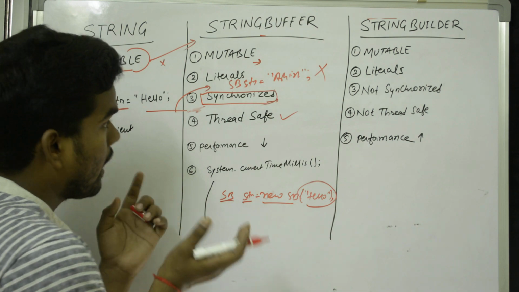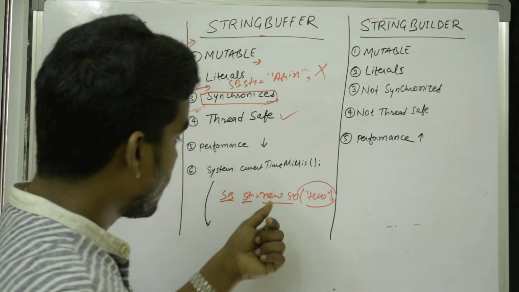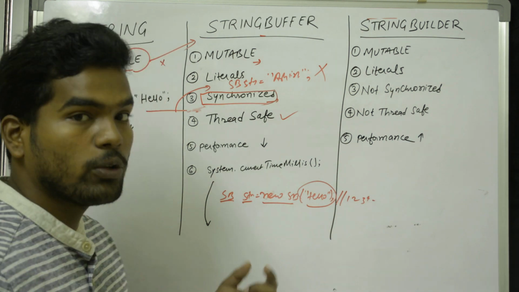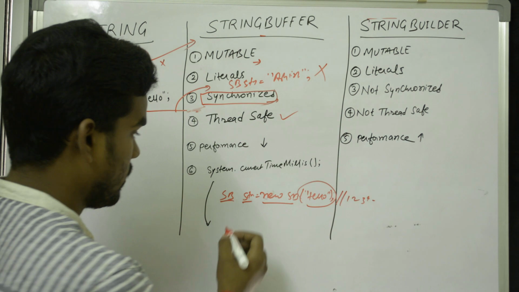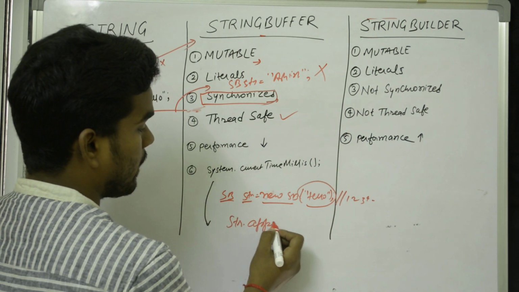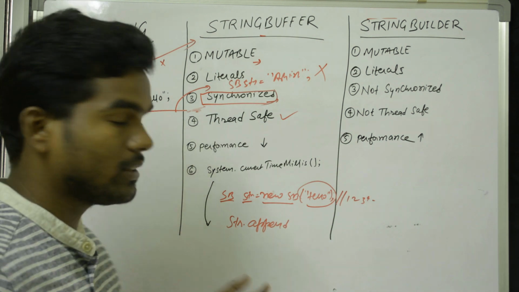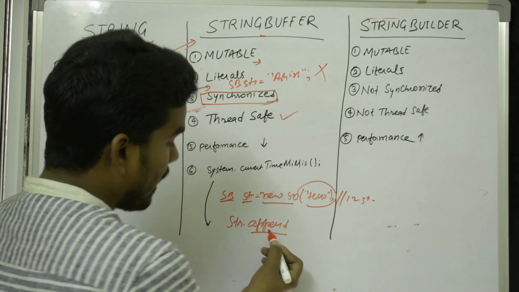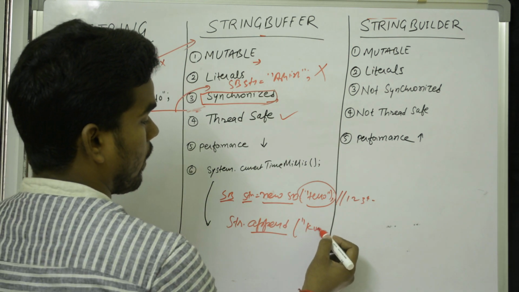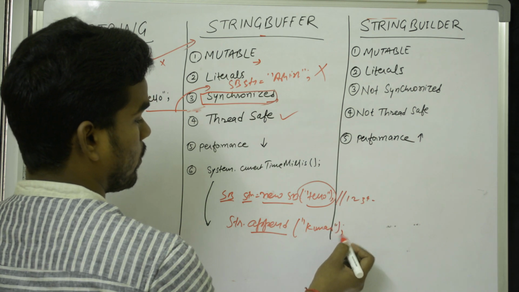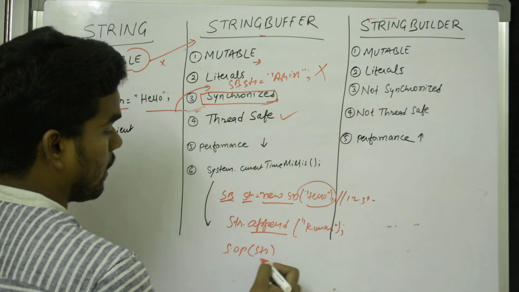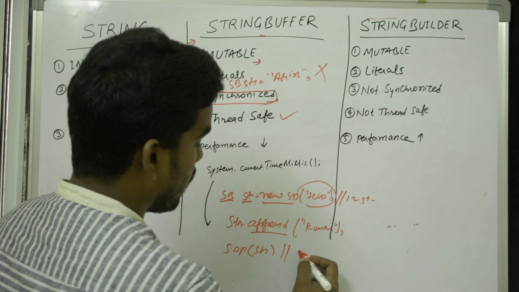Later, as I have told, it is mutable, meaning once we create it, suppose it returns some hash code 1234, and later we want to perform any modification. So what we can do here is str dot, there is one method to change your content, the append method. We are calling the str dot append method and passing some variable value. So later when we print this str, we will have the output of hello Kumar